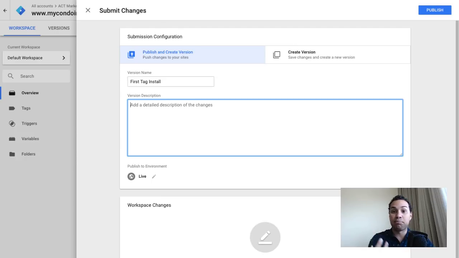So in case something breaks in the future, you can go back and easily see, okay, this is where I made this change, or this is where I made that change. So I like making one change per essentially update. So it's really easy to go back and remove a bad change. So here I'm just going to say first install of Tag Manager on the site,